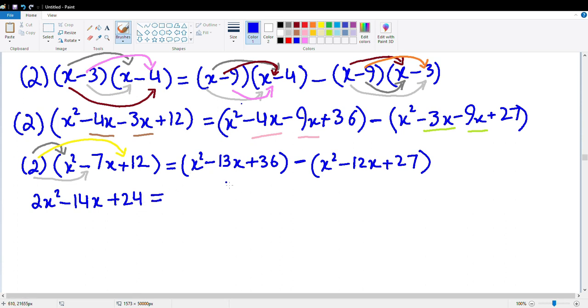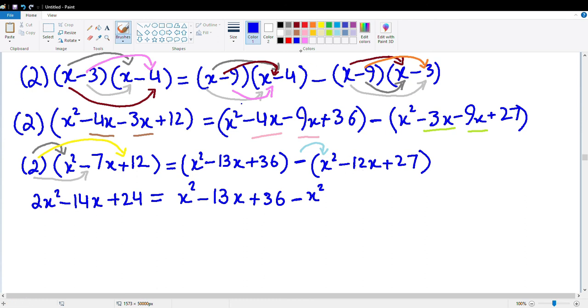equals x squared. These can come out of the bracket now. It's safe. x squared minus 13x plus 36. And we have this minus, which is why I'm writing a minus over here, because you can see there's a positive sign with x squared, and when negative and positive multiply, you get negative, right? So that means the sign will be negative when minus multiplies with positive. So we're gonna get minus x squared, and